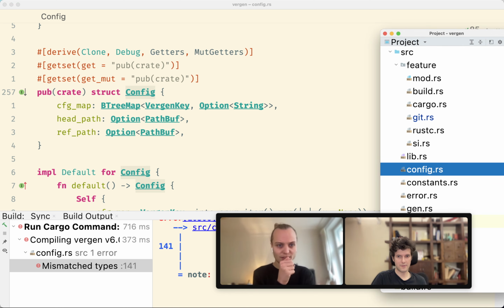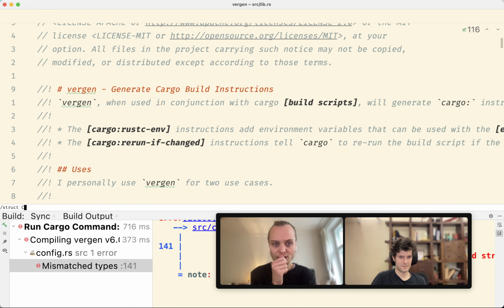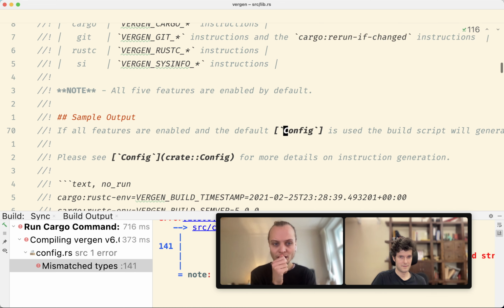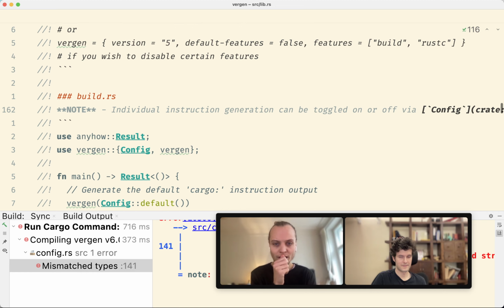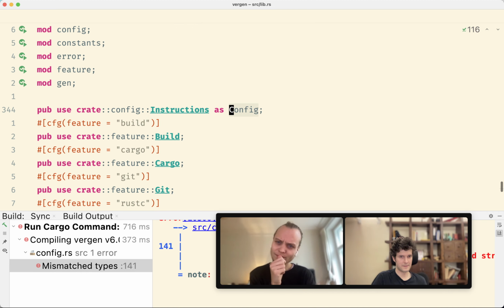So this is create config. And then there's create, the top level create struct config. Where's that coming from? Is this a different thing? It's Vergen config, that's the top level one. Ah, okay. So